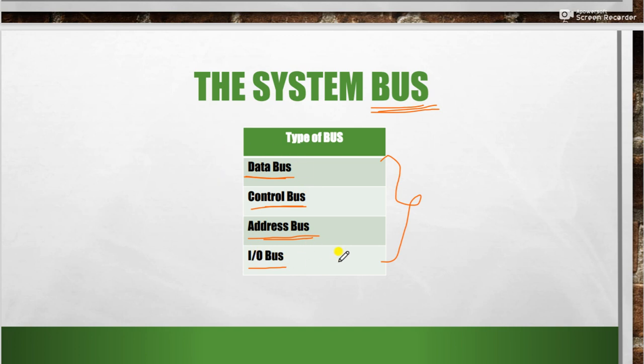I hope all these points are clear to you, and I suggest you go through your book and kindly read up to page number 10 of your book. If you have any doubt you can contact me, but remember, try to go through all the points, all the topics, all the definitions up to page number 10. Underline whatever important things are there, and then let me know if you are having any problem.